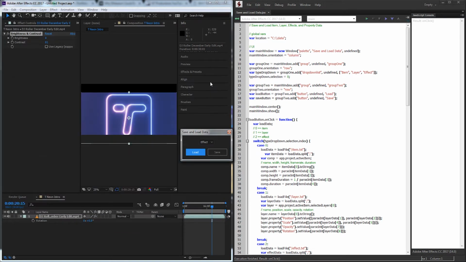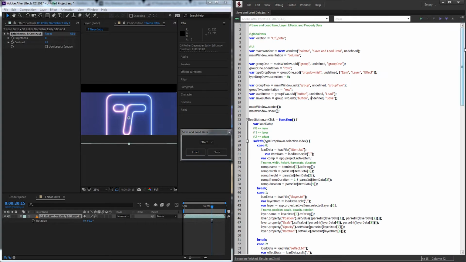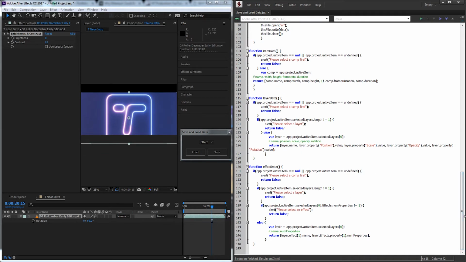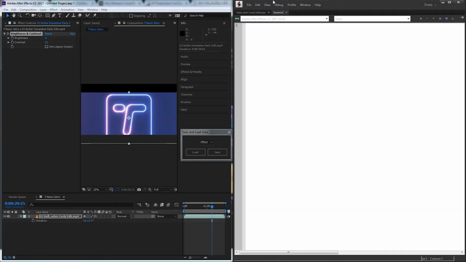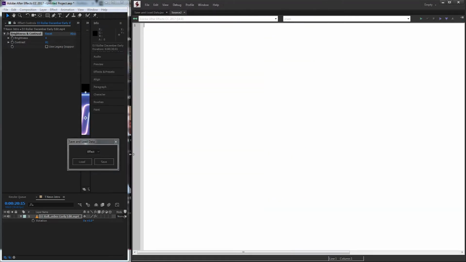We'll basically be learning how to read and write text files, which although we've gone over before, we're going to be using it for specific purposes, and in this case that's changing a composition, changing a layer, as well as effects. So let's go ahead and get started. We've got about 140-ish lines of code to write. We'll start by opening a new JavaScript file, and I'll go ahead and clean up my workspace a bit here